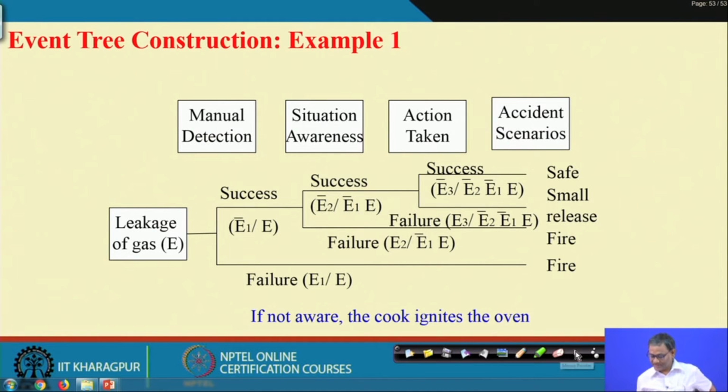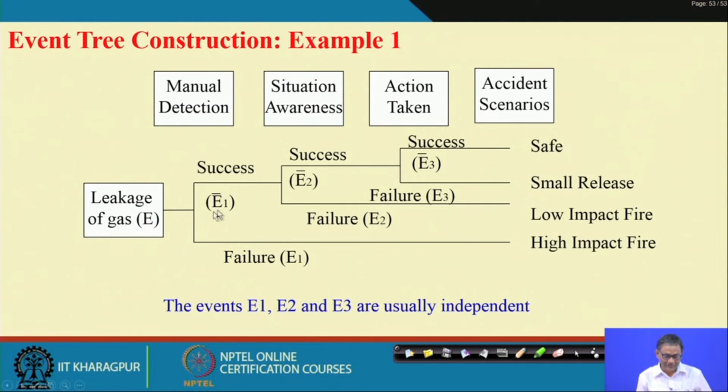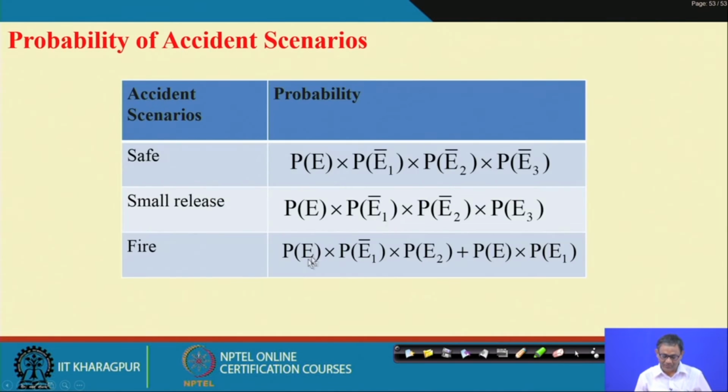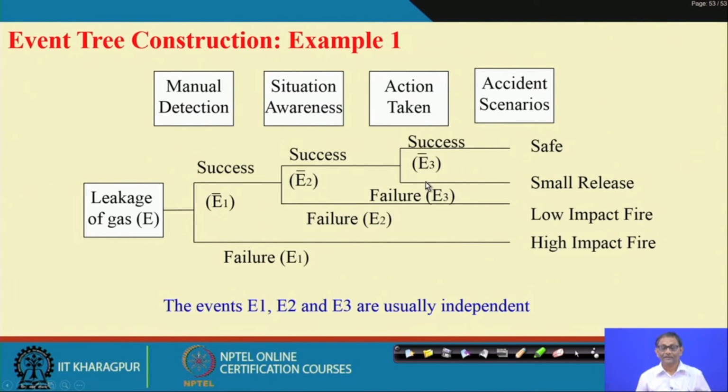So, if this case occurs, then what will happen? All those things will be written as U, E1 bar, E2 bar, E3 bar, E3, E2, E1 like this, because they are independent. So, the conditional, the given part will not be written.